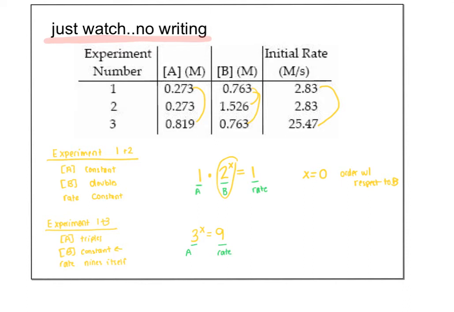Again, if we want to, we could also say B stays the same at 1. This would be B, but you see why that's unnecessary when it stays constant. Anyways, we solve for x. Careful, that's an exponent, so what does it need to be? Well, 3 squared will give me 9. I know 3 times 3 is 9, but that's the same as 3 squared. So x is 2. This is the order with respect